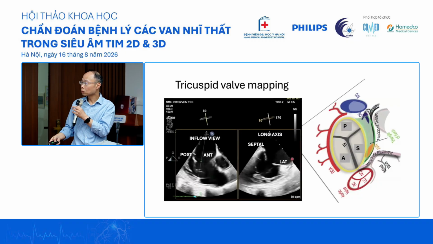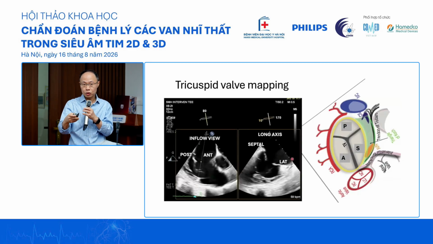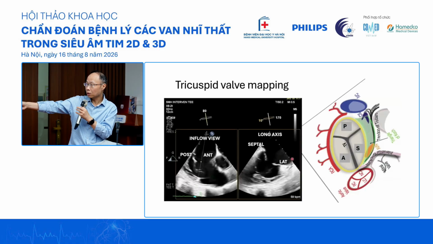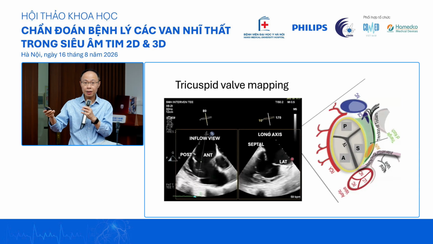Okay, so go a bit deep, deep esophageal, not yet transgastric. Get a pretty nice inflow view. Make sure that you see the aorta over here, and then you turn on the X plane. Then you know where you are. So it's not actually 3D, but it's making use of the 3D principle.